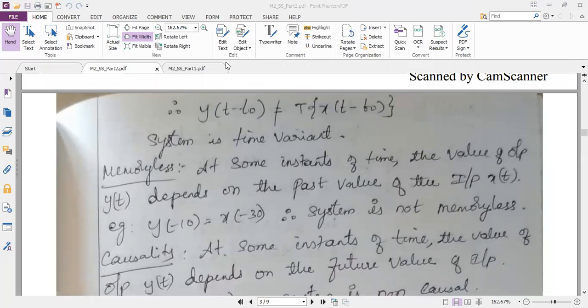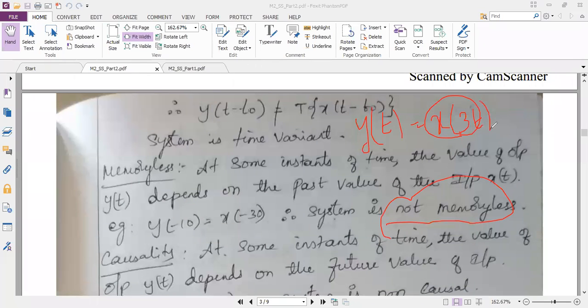See, in this question, I will rewrite it again. y of t is equal to x of 3t. Blindly seeing this question, I may say that there are no plus or minus terms here, like plus or minus 1, there is nothing. I feel that it is just the present. The output depends upon the present. If my output depends only upon the present, my conclusion would be that it is memoryless. But the answer is that it is not memoryless here. I will tell you why.